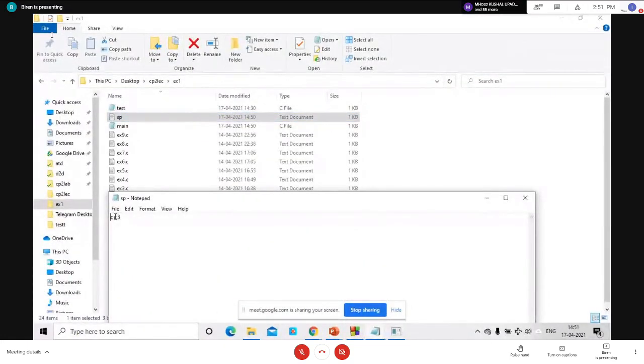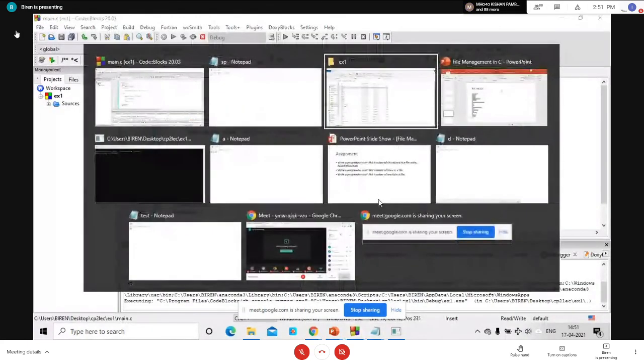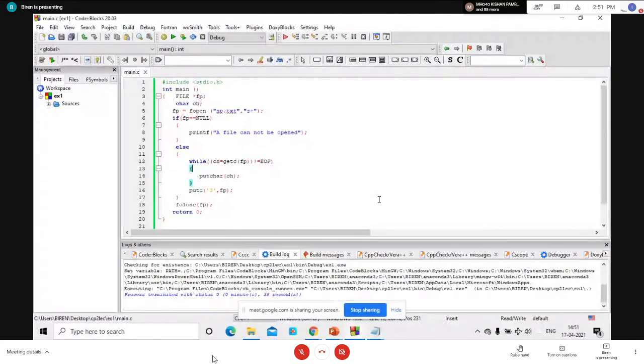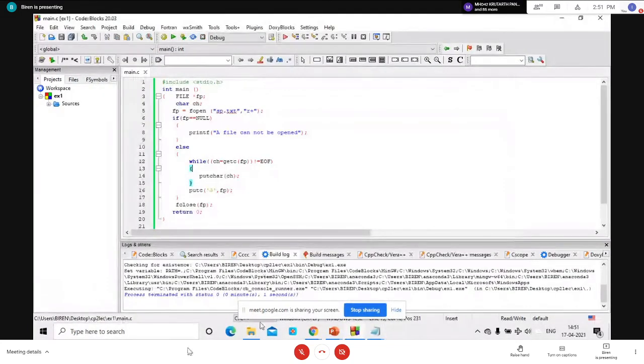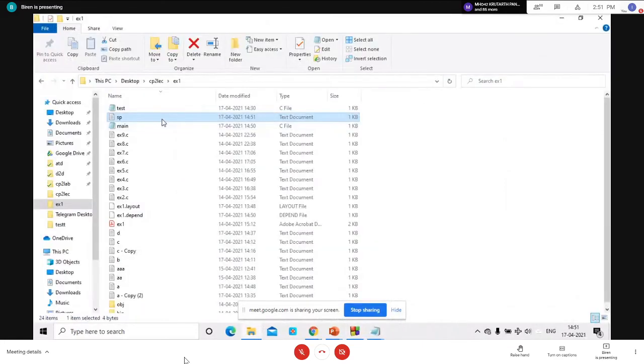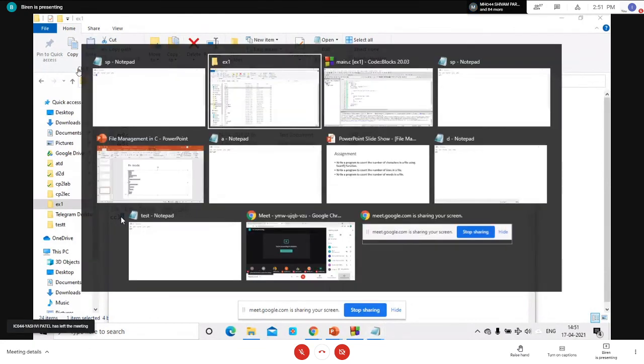Now you can see cc and 3. If you execute this code once again, you are going to add another 3 at the end of the file. So this is the use of r plus mode.